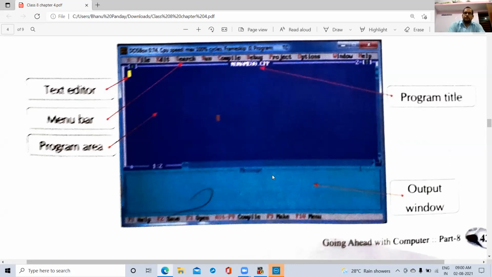Clear? Normal output we get in the black screen, which is called the console screen, while this output window is only for displaying error messages or warning messages. If any warning or error message occurs, it will display here. That's why it is called the output window.